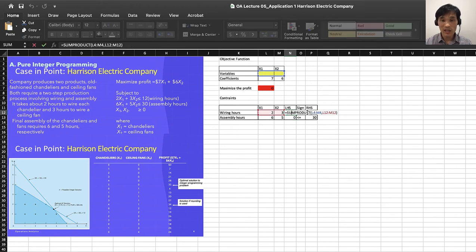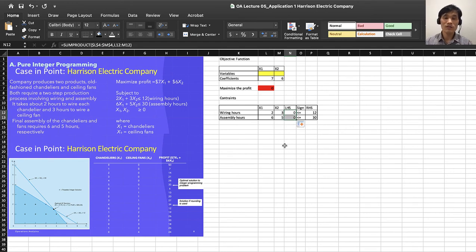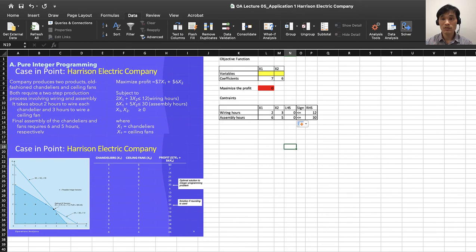And then you add the dollar sign in front of L and 4 and M and 4, and then copy that down, right? Then you set everything up, right? You are now ready to run this integer programming. So I'm going to go to Solver,